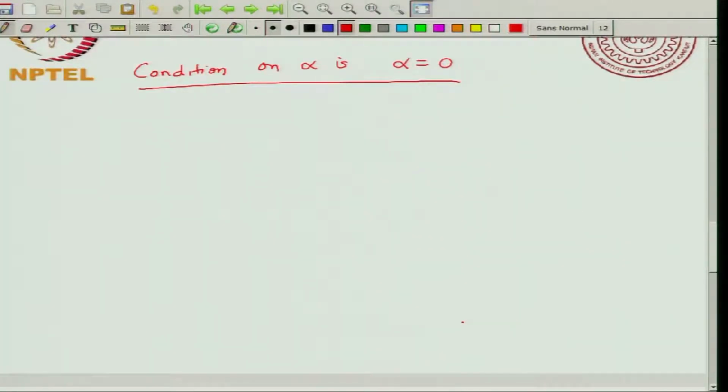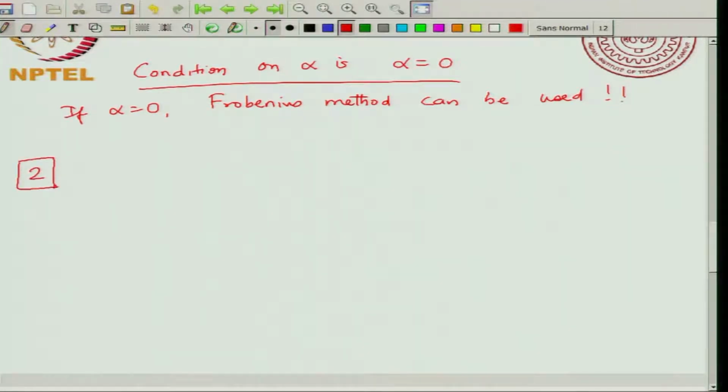So, if alpha equal to 0, the Frobenius method can be used. Okay. So this was the first problem. Now the second problem, and here we will focus on setting up the problem. Okay. So show that